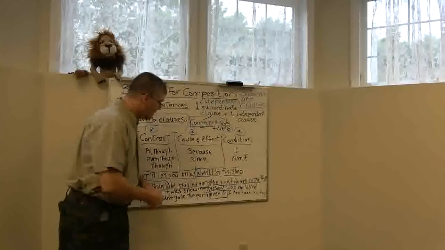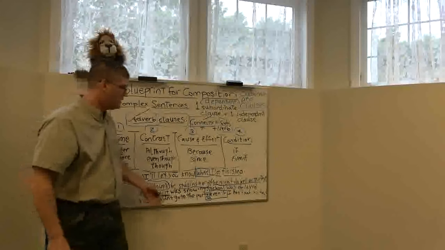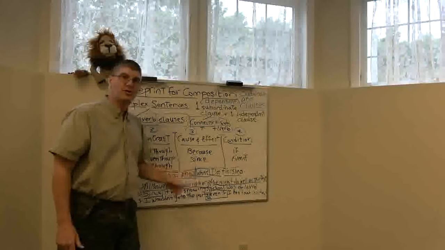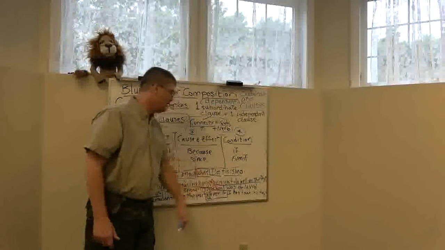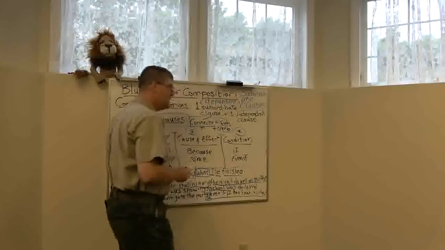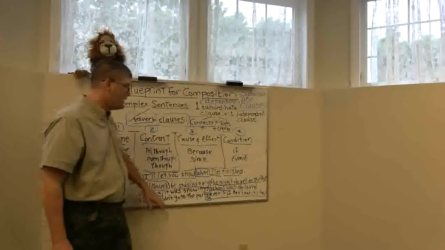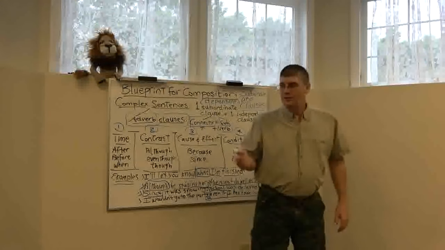So notice again, no comma is needed in this location because we're not starting the sentence with the subordinate clause. We're ending the sentence with the subordinate clause. So I wouldn't go to the party even if I had been invited. Even if I had been invited is your subordinate clause. I wouldn't go to the party is your independent or main clause. So there's two things to remember